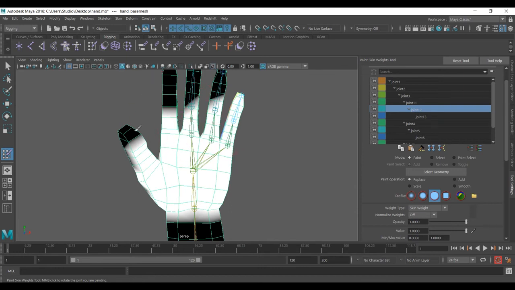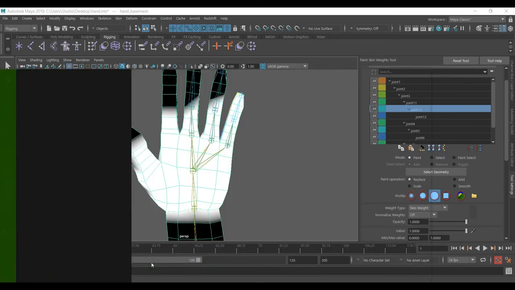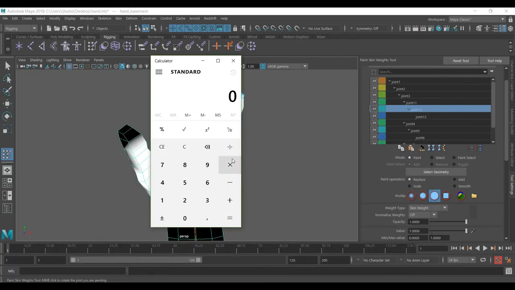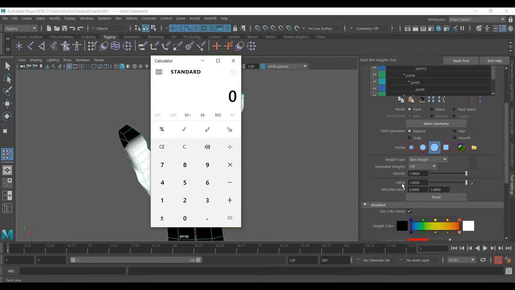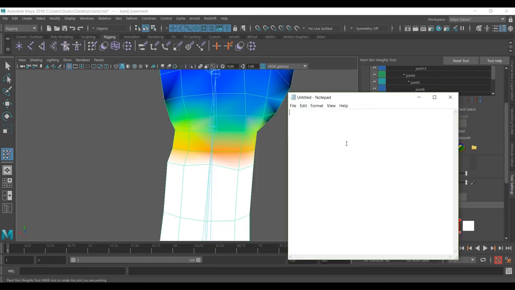We also have another way of painting, which is with the replace tool. I'm going to open the calculator. As you know, in Maya, 1 means 100%. And if you type 0.25, it is actually 25% we mean here. There we go. We have 0 to 100%,